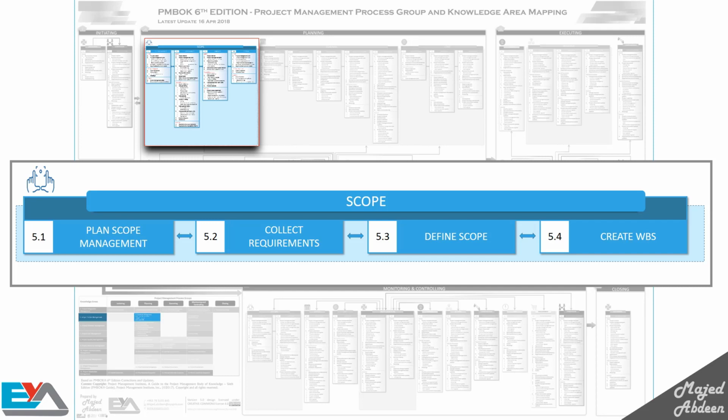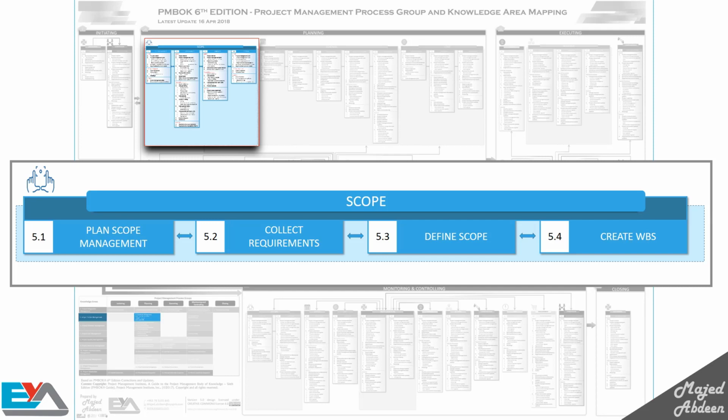Imagine you are working in a software company and you have been asked to build a website for a government department. But what will you do? What kind of website will you create? What services will it include? Do the services include taking payment, for example? What do you need to do to create this website? What work will you do? To answer all these and many other questions, you need to think about the scope of your website project. And this is why you need to think about how to manage the scope.